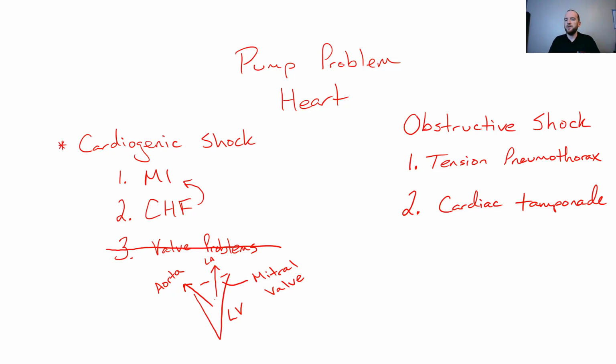So kind of like cardiogenic shock, there's two main ones, and then a third that's not used as often. Obstructive shock also has the same. There's two main ones for scenarios of what type of shock is it. For the obstructive shocks, it's tension pneumothorax and cardiac tamponade. And the third one, which isn't as often mentioned, but it does fit the criteria as well, is a pulmonary